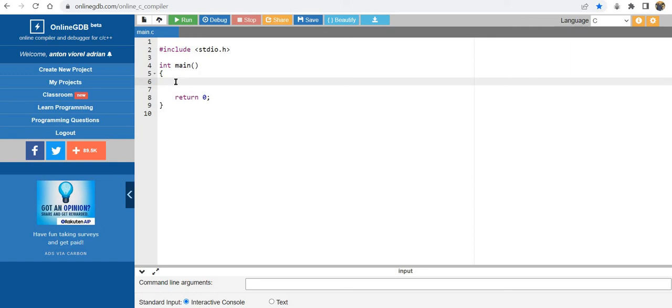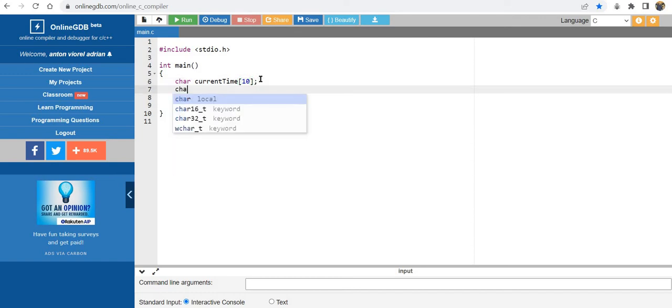We will start with char, let's say current time, which is an array, let's say 10, length of the array, char current date, let's say 12 for length of the array, and we use